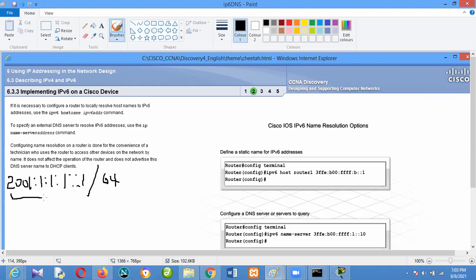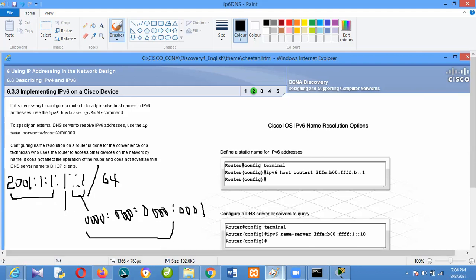This is my global routing prefix, this is my subnet, and from here to here is my interface ID. So my interface ID is actually all zeros. This is what it is because I abbreviated it. They are up to how many successive fields of zeros? 3. And of course, leading zeros are optional. So that is that.